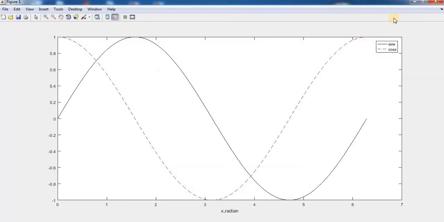So you can see here is x label, we type on x-axis, and legend sine of x is continuous black line and cosine of x is dotted red line.